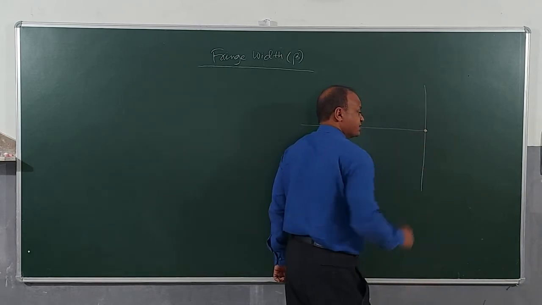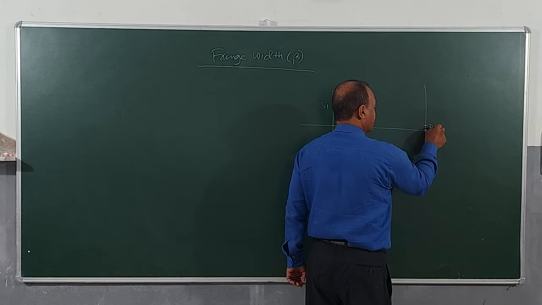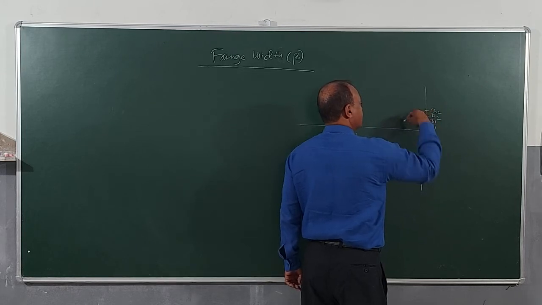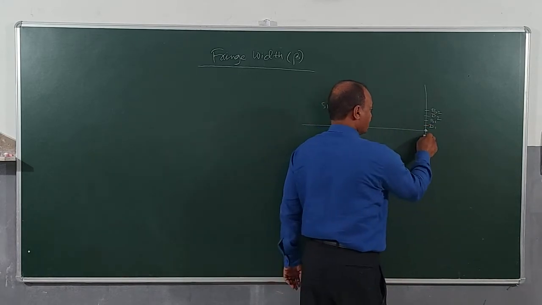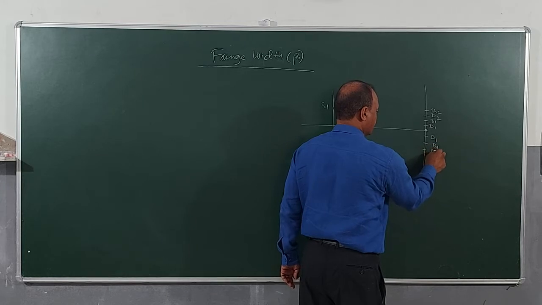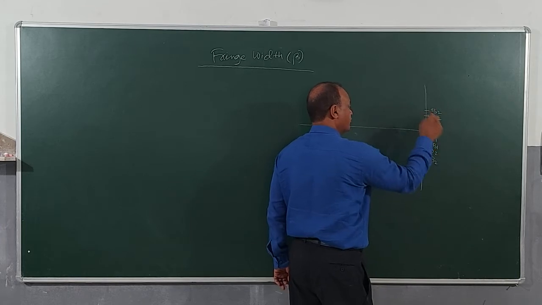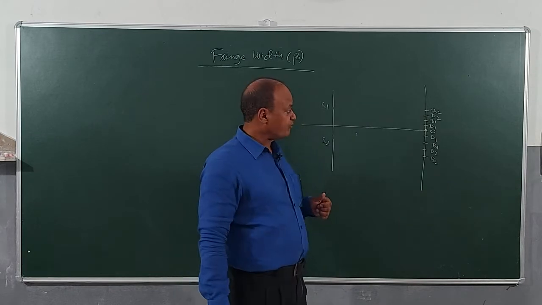We know the central maximum is a bright spot. Now, this will be dark D1, really bright B1, this will be dark D1, D2, again bright B2, and this will go on. Similarly, below, since this is a bright spot, then obviously this will be D1, this will be bright B1, then we will get dark D2 and bright B2, meaning on either side of the central maximum, we denote it by O, we will have all these fringes on the screen and we can see it with the help of eyepiece, right, and a microscope.